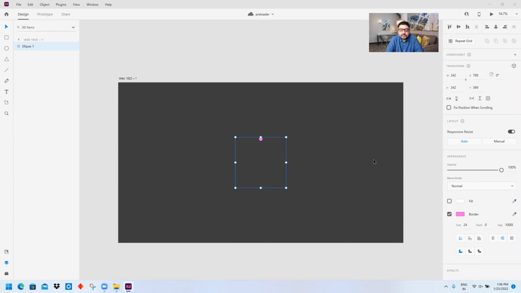So that is the animation. Once this circle is done, I would like to have the loader percentage getting animated in the center.